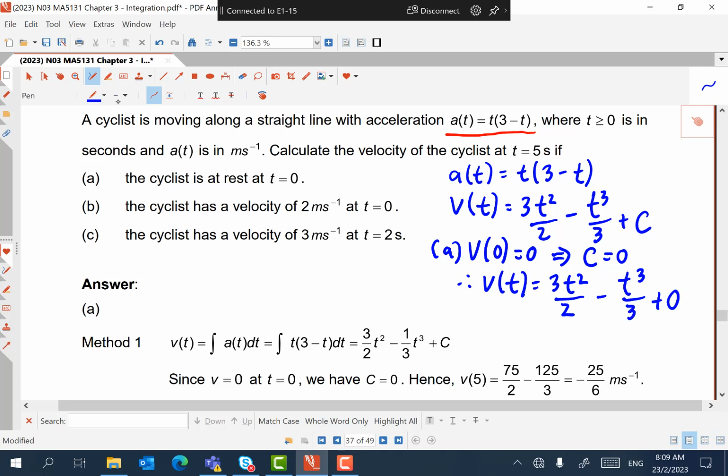Now the question wants you to find the velocity at t equals 5, which means you are asked to find this number, and you simply plug it in. So this is one approach you can take for part A,